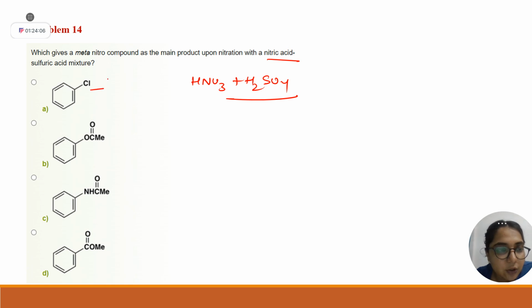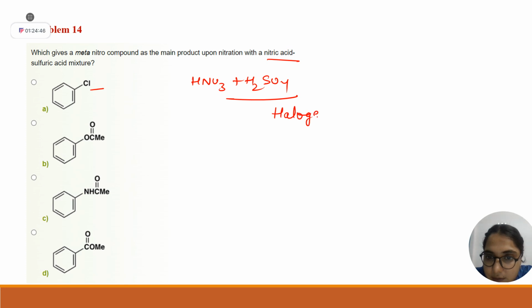Chlorine is ortho para directing or meta directing? Tell me. Meta directing, ma'am. Another answer: chlorine is electron donating, ma'am, it's ortho and para directing. Ortho and para. But chlorine, the halogen family, comes under minus I. But, ma'am, plus M effect also. Okay, don't let it dominate me over here. Let me explain. Halogens have different nature.